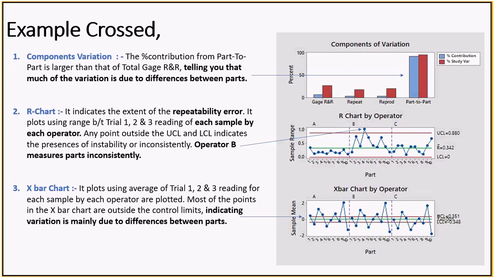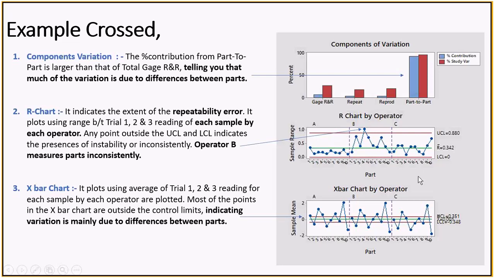The range is nothing but the repetition values. For trial number 1, I checked 3 times, and the measurement I did the first time, second time, and third time for sample number 1, 2, or 3 should be the same, right? That's why we want it to be very close to 0, or it should not be very far away from each other. In an indirect way, I'm saying this is the repeatability. So this graph, R chart by operator, will tell you the repeatability value or the repeatability error.